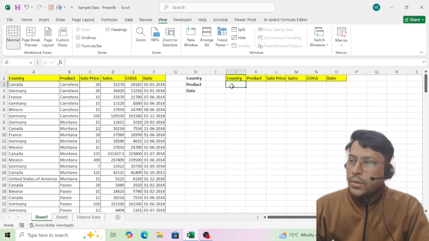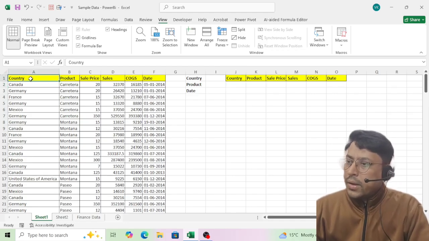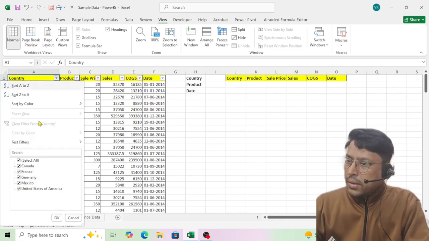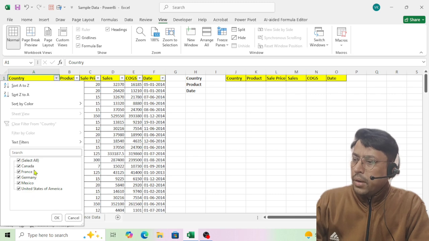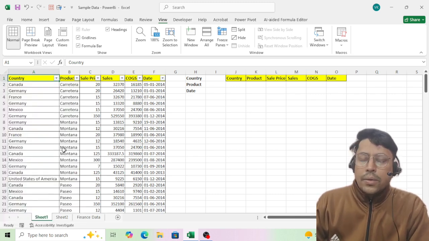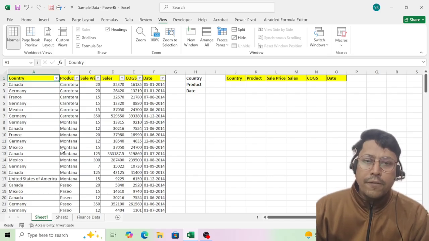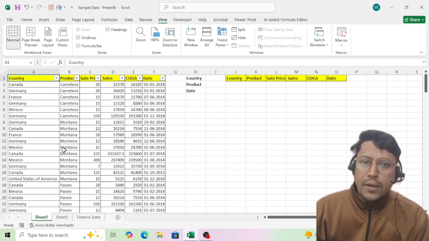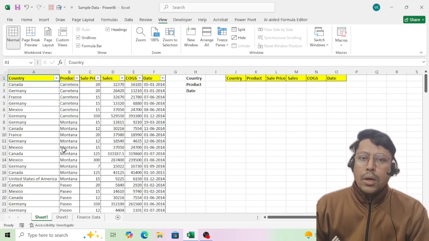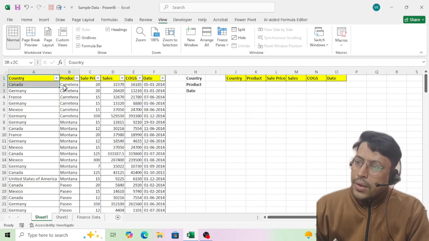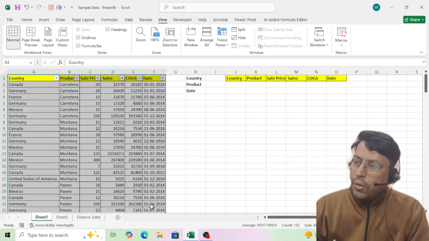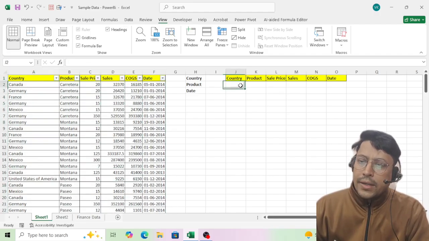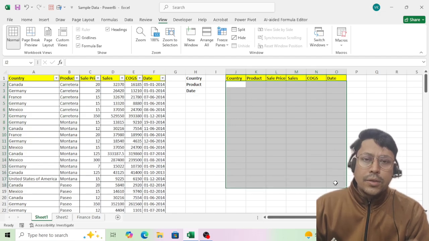Let's suppose this is the country column, and there are a number of countries: Canada, France, Germany, Mexico, United States of America. While applying the filter function, if I give the criteria Canada, the entire information from this table for the country Canada will be reflected here. This is how the filter function works.